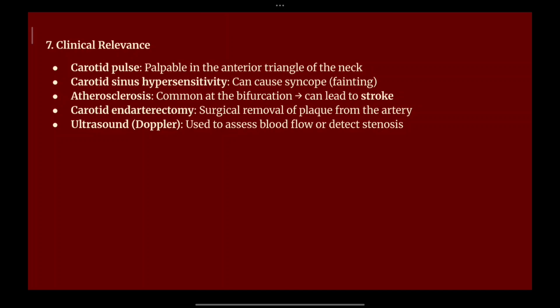Now the carotid pulse is felt near the anterior triangle of the neck. So you are going to palpate it at the anterior triangle of the neck. Anteriorly, at the region of the sternoclavicular region, there is a triangle that is forming near your collarbone. So you can feel the carotid pulse over there. Based upon the carotid pulse, you can check the patient's heart rate. So it is one such clinical practice that can be adopted.